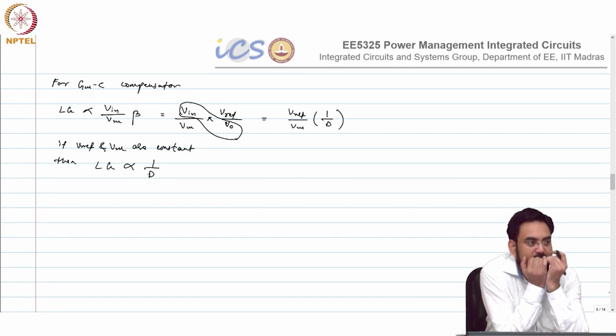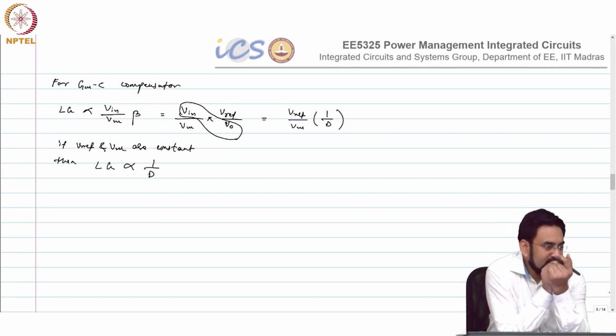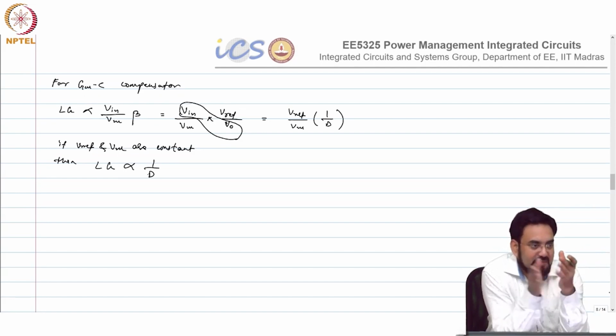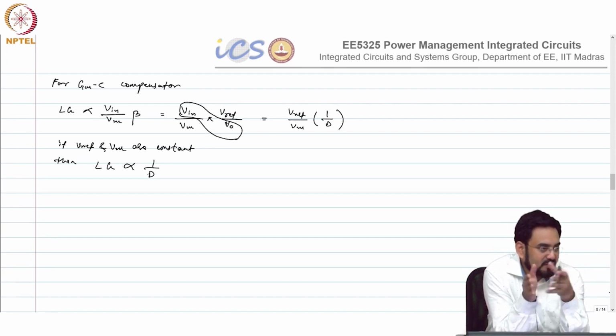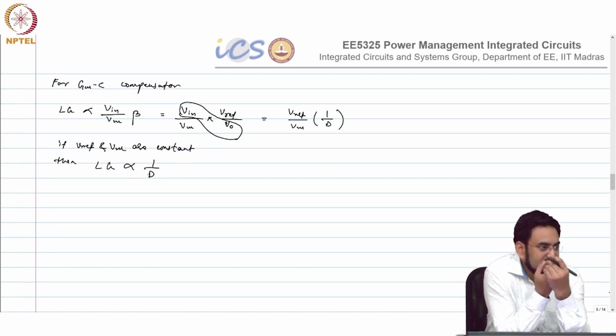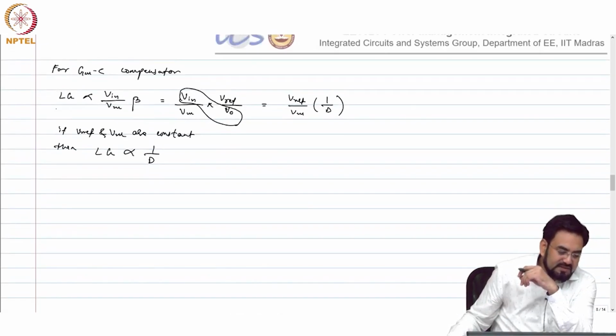How can I do that? One possibility is you can do it digitally. You measure the duty cycle, you have an on time and off time. Measure it with a high frequency clock, how many cycles of high frequency clock you get in one particular on time or off time, and from there you can use that code to control your proportional gain. Proportional gain, you can change GM or you can change R. So that's one way.